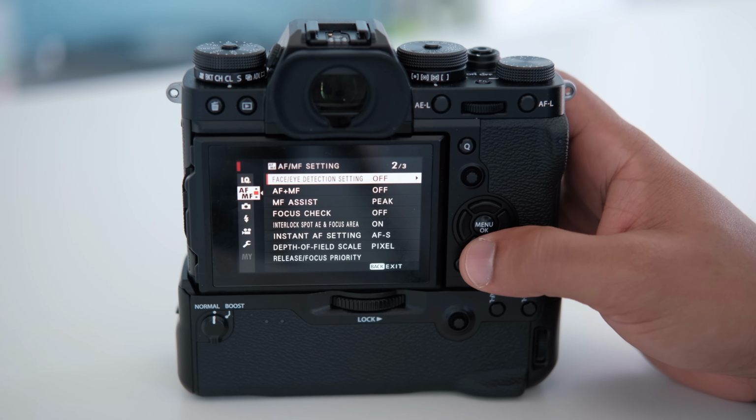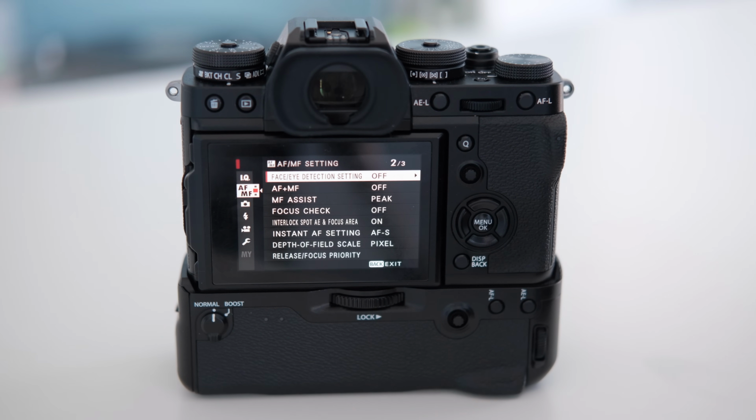And then we have our face and eye detection stuff. So yet again, this is all stuff that you can change with your buttons. And I'm gonna go over that stuff when we do our button configuration. But for now, I just like to leave that stuff off because changing it here in the menus really doesn't